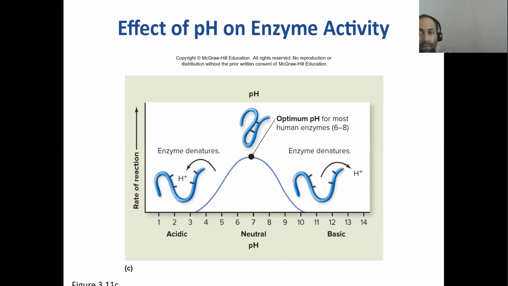How about your pH? Your pH also affects enzymes, right? pH of the body. And we talked about how your normal body pH is neutral. It's about 7.35 to 7.45, right? And there are substances called buffers that maintain this neutral pH in the human body, right? Anything less than 7 on the pH scale is acidic. Anything greater than 7 on the pH scale is basic.